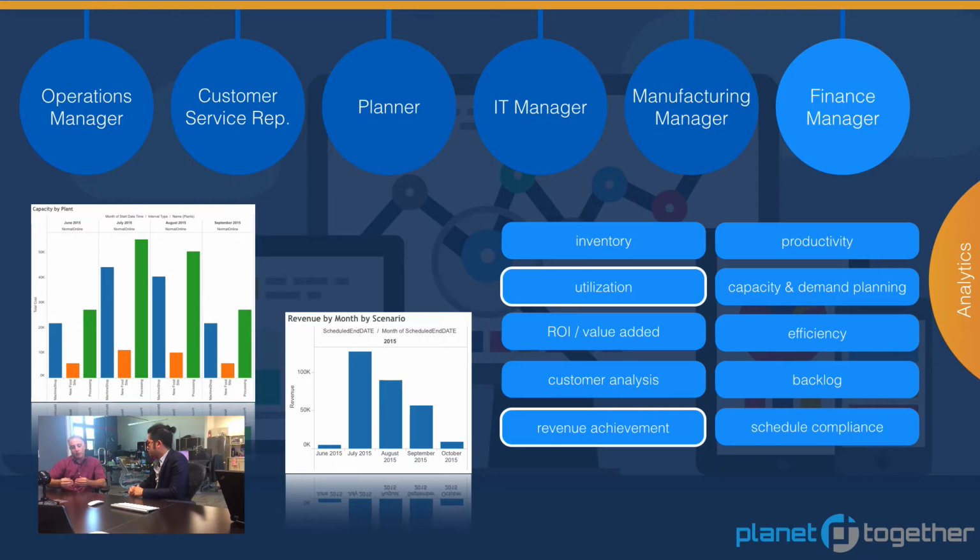Do we need to spend capital on new equipment? Do we need to add a shift? Oh, on the other hand, do we need to reduce employees? Should we outsource some capacity? So with the data that's processing through PlanetTogether and the analytics we put forwards, all that information is readily available